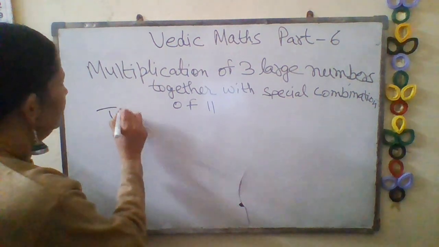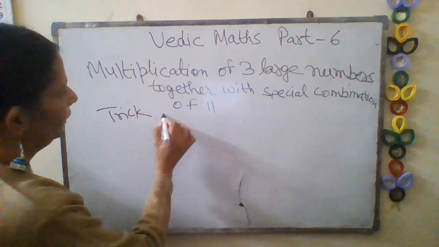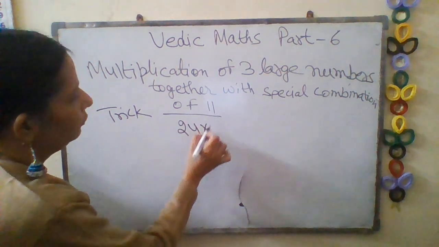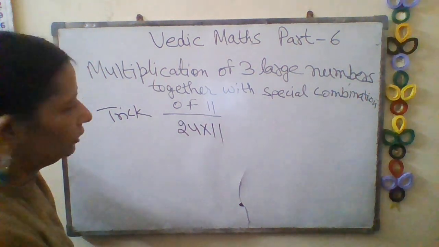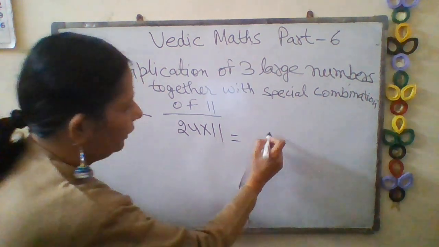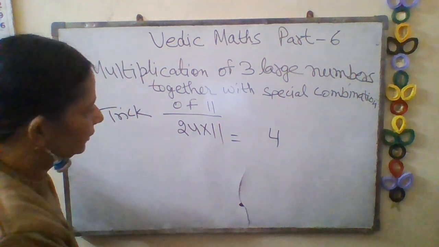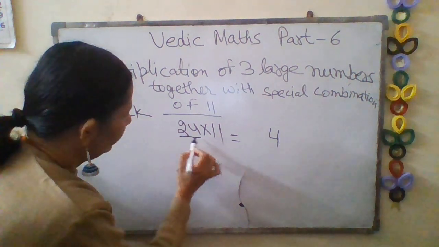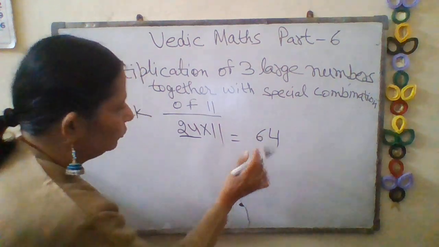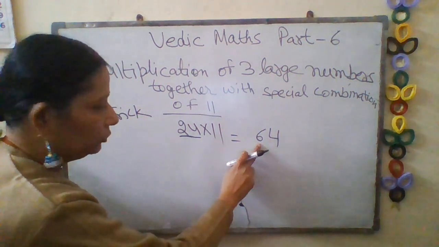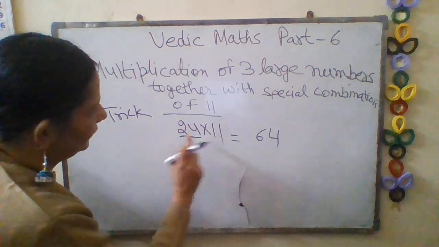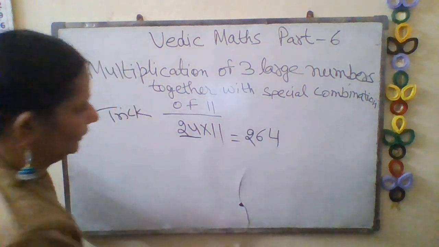Trick to multiply a number with 11. See, this is the trick. Suppose you have 24, you have to multiply it with 11. How will you do that? See, in 24 my last number is 4. Write down the last number as it is. Now you add these two numbers, 2 plus 4. 2 plus 4 is 6. You write down the number which you have added, 6. Now the first number is as it is, so you write down 2 as it is.